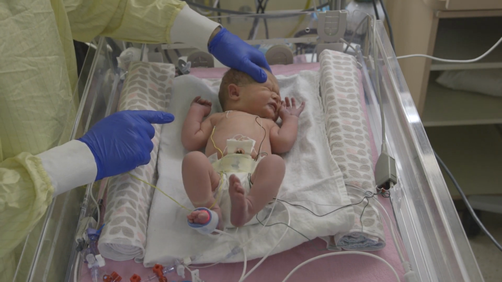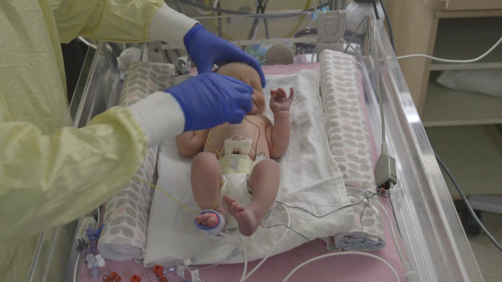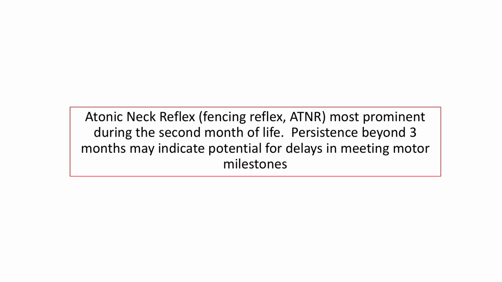The ATNR may not be present in newborns after birth but appears after 2 to 3 weeks. The reflex is most prominent during the second month of life, and infants may assume it spontaneously. Problems associated with the persistent ATNR after 3 months of life are inability to roll, crawl, balance problems, poor hand-eye